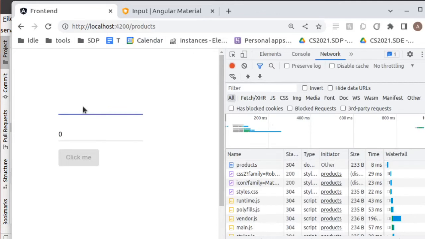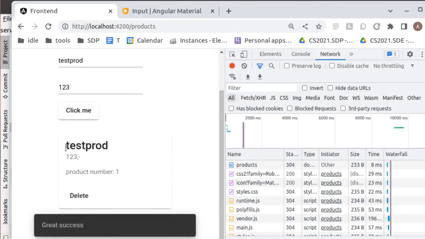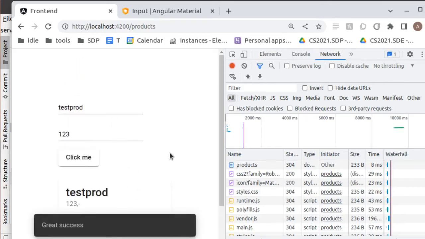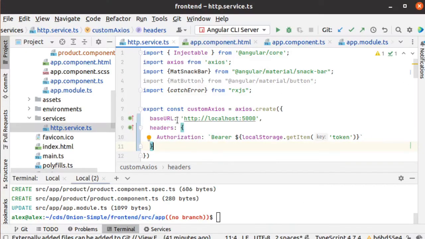and make a new product here. Test prod 1, 2, 3. Click me. And now we got test prod, which means that we are successfully capable of sending HTTP requests because we're attaching a token. Let's say that we go into our application now and we are removing the authorization header